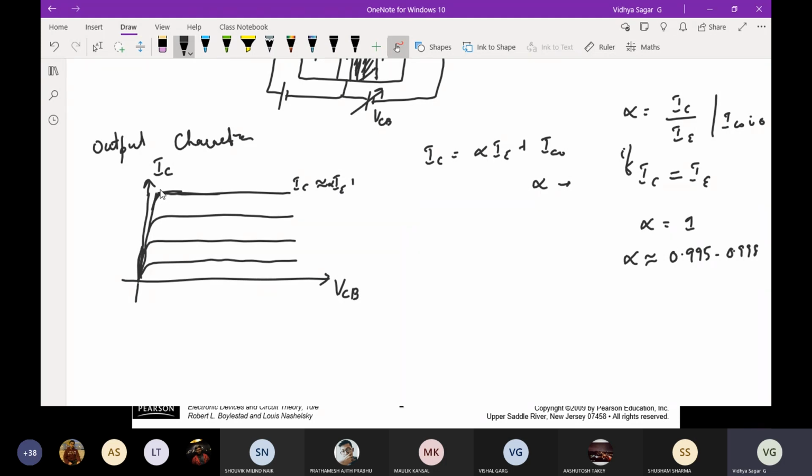So here this region, now I'm going to divide the regions. In this region, you could say that the current is increasing. In this region, you could say the current is constant. Fine. So generally, I want you to understand the concept. Why? Because in different textbooks, it will be given with different terminologies. So I'm going to call this the active region.